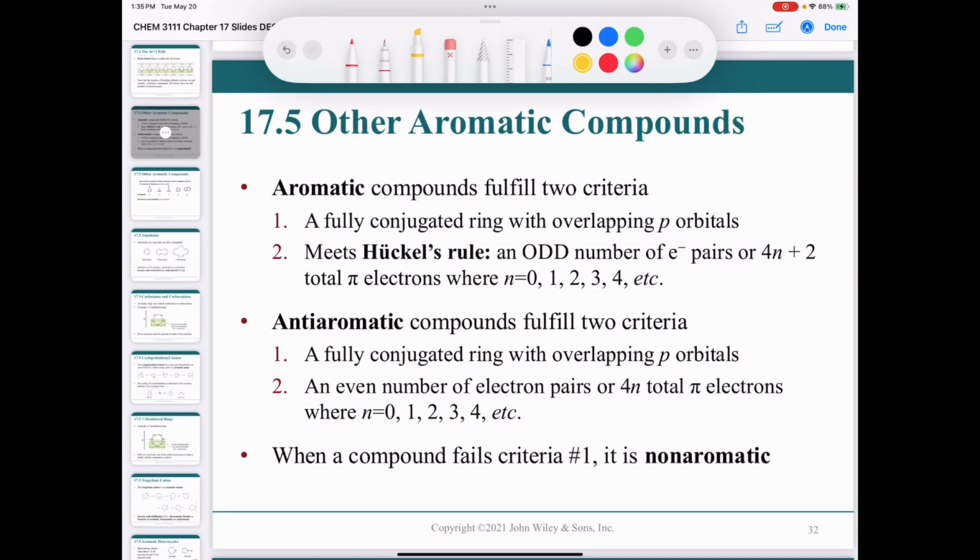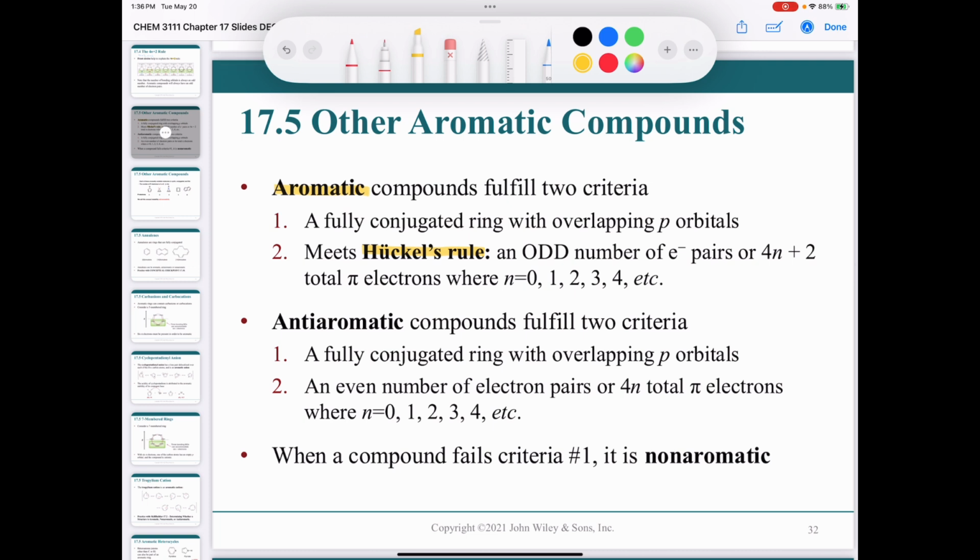All right, let's take a deeper dive into other aromatic compounds. So let's review. An aromatic compound has to fulfill two criteria. First of all, you have to have a fully conjugated ring with overlapping p orbitals. That means we have to have a continuously overlapping system of p orbitals in our ring. And the second thing is it has to satisfy Huckel's rule, which means we have an odd number of electron